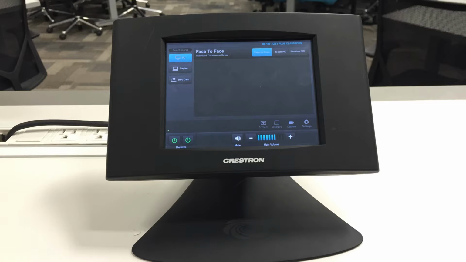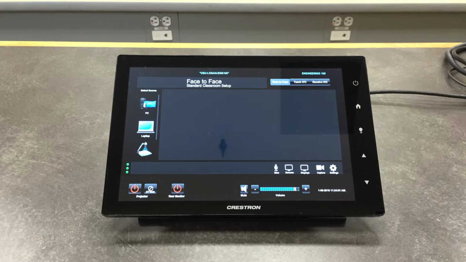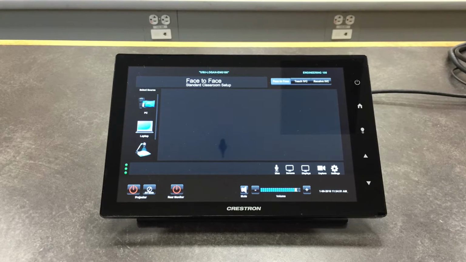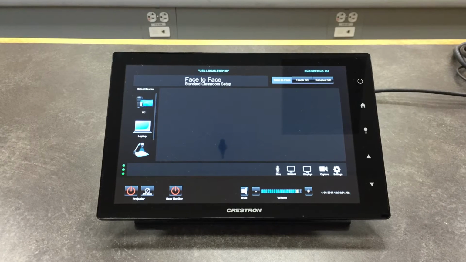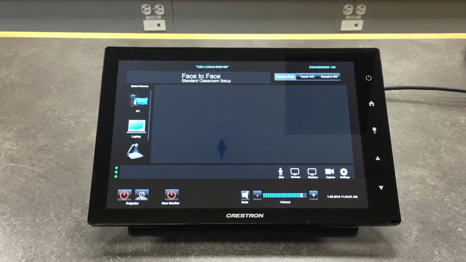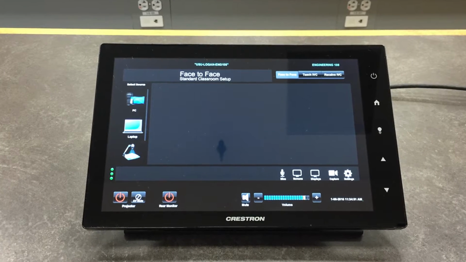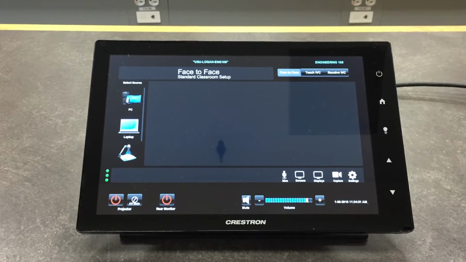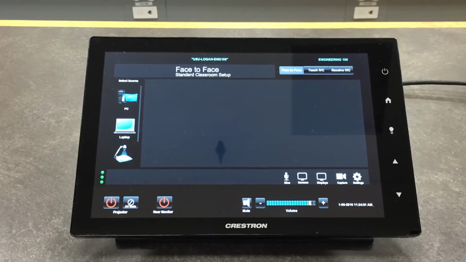Some are bigger and some are smaller, but despite the difference in appearance, we have worked hard to ensure most Crestron touch panels on campus have the same user interface, meaning buttons and controls are located in the same areas. In this video, we'll be using one of the larger touch panels in a classroom that also has video conferencing